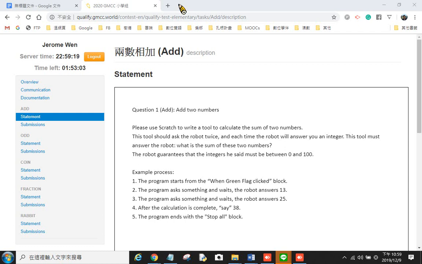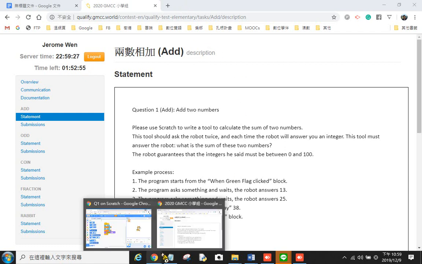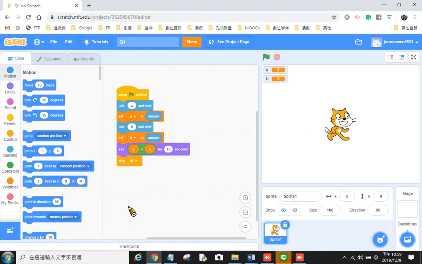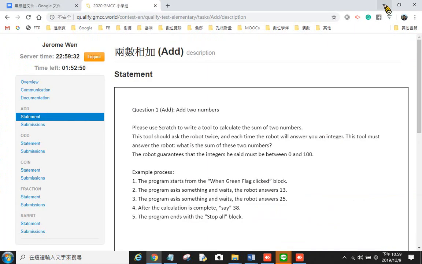Now I would like to show you the way of coding. If you want to do your coding, you can log on to the Scratch MIT website, just like this one. Let me read the question first. Question number 1, add two numbers. Please use Scratch to write a program or a project to calculate the sum of the two numbers. This tool should ask the robot twice to enter, and each time the robot will answer you